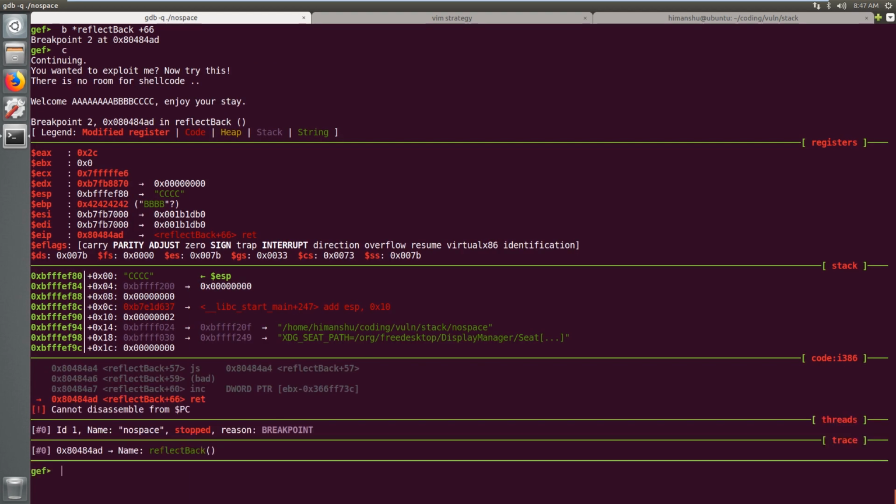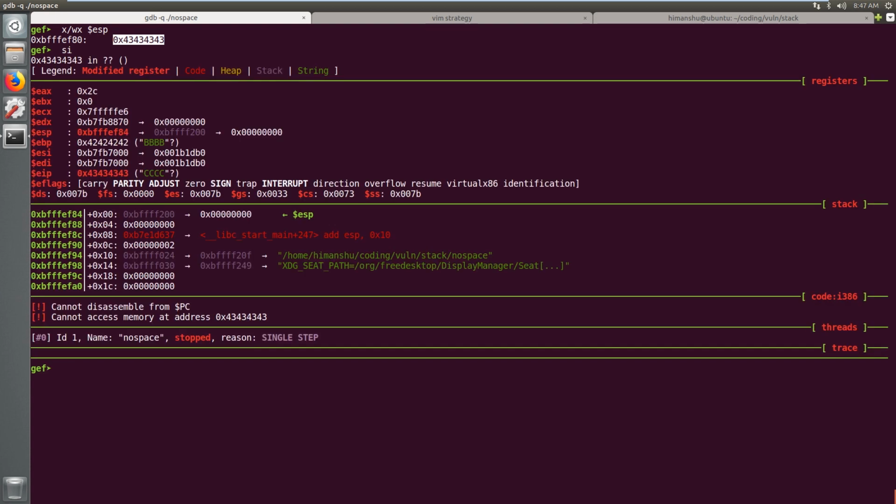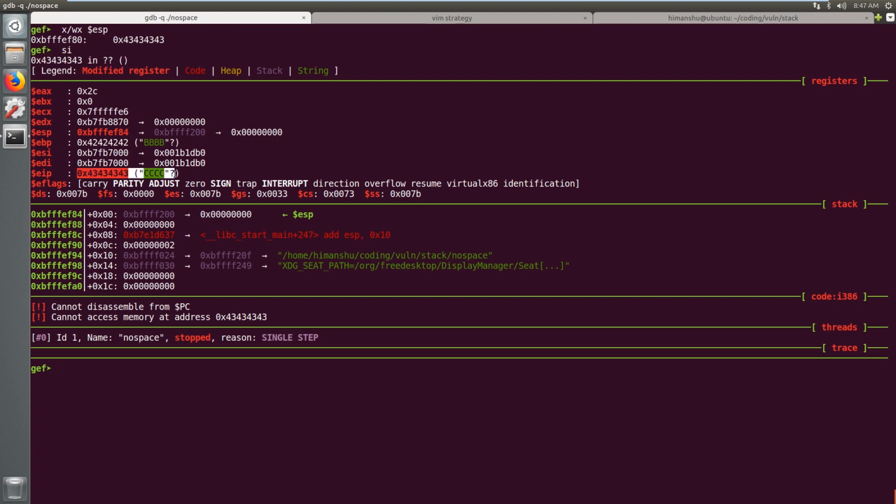So let's continue, and if you see at the top of the stack, we have our C's, which were after 12 bytes, and if I press SI, we see this, and you can see that EIP is pointed to this. Now we can see that we are able to overwrite EIP just after 12 bytes, and now the question comes how to move to